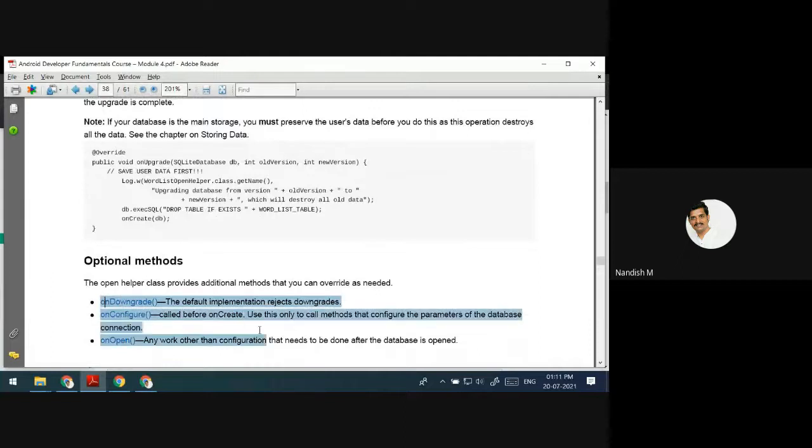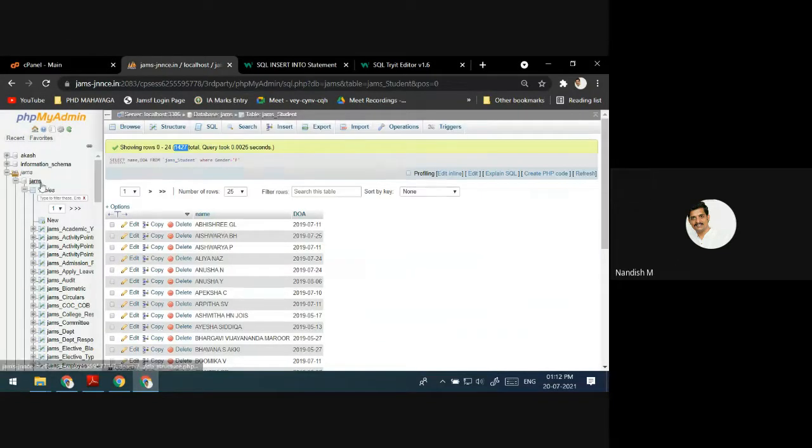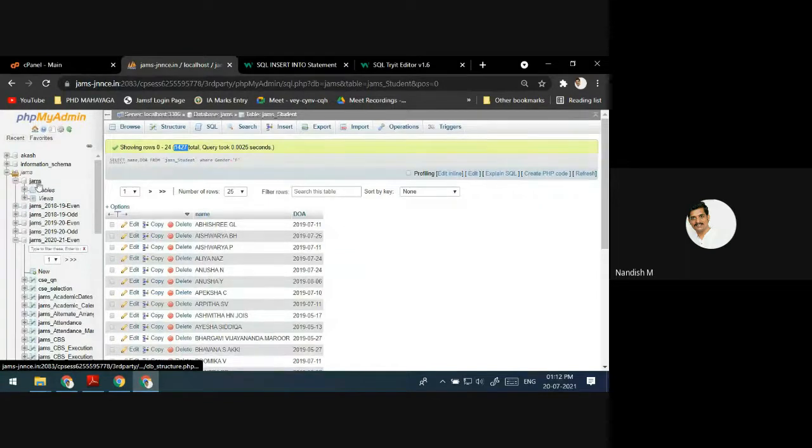Any operations you want to do, you have the other helper functions onDowngrade and onConfigure. All these things are going to affect the database itself, not particularly the table. See, this JAMS is one database.